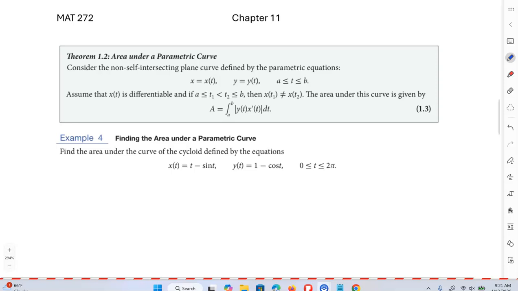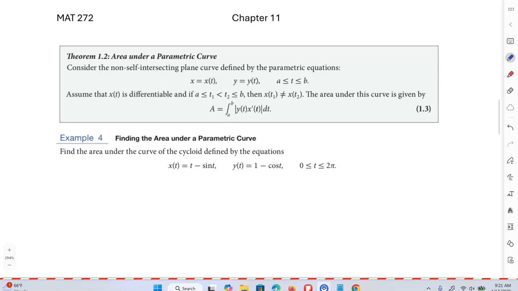In this video, we are going to look at calculus with parametric equations, and we're really going to focus on integration here. So let's look at how we find the area of a parametric curve. Let's say we have a curve that's non-intersecting, which means it doesn't cross itself, defined by the parametric equations x equals x of t and y equals y of t on the interval from a to b